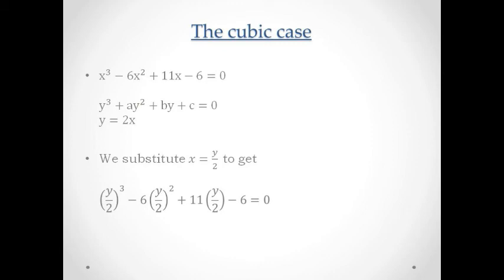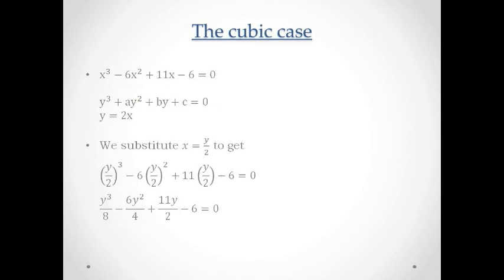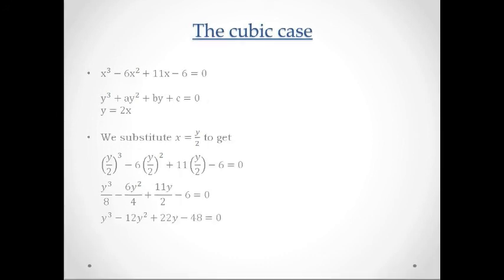So we just simplify this equation in the next step, and that becomes y cubed by 8, because 2 cubed is 8, minus 6 times y squared by 4 plus 11 times y by 2 minus 6 equal to 0. Now to make this equation look better, we get rid of the denominators, and that can be achieved by finding the LCM of the denominators, and the LCM is 8, so we multiply throughout by 8 to get the required equation, y cubed minus 12y squared plus 22y minus 48 equals 0, and this happens to be the required cubic